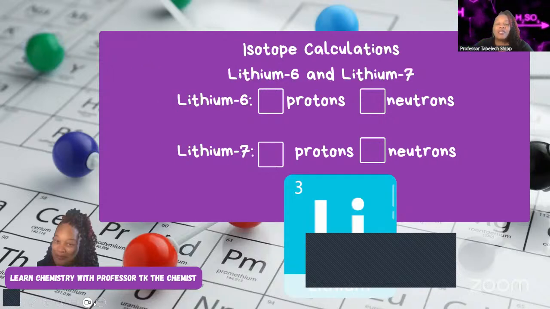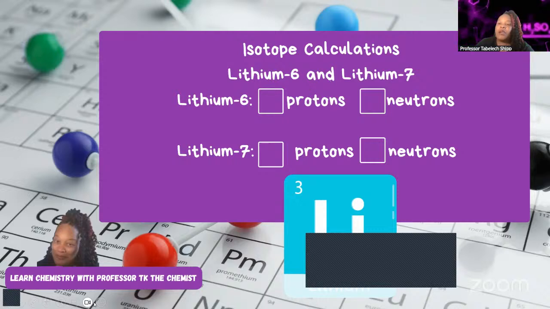Here's another example with lithium. Suppose I gave you lithium 6 and lithium 7. Now, this is just a section of your chart, okay, right here from the periodic table. But now, if you remember what I said before, isotopes have different mass numbers, which means they'll still have the same atomic number for each of them, which means they'll have the same protons, but the neutrons will vary based